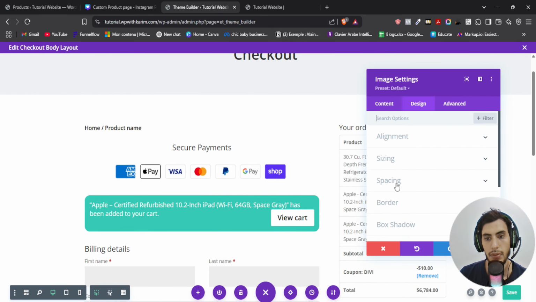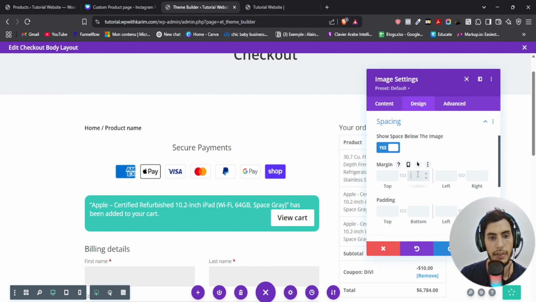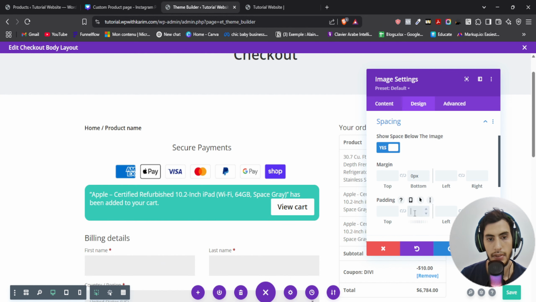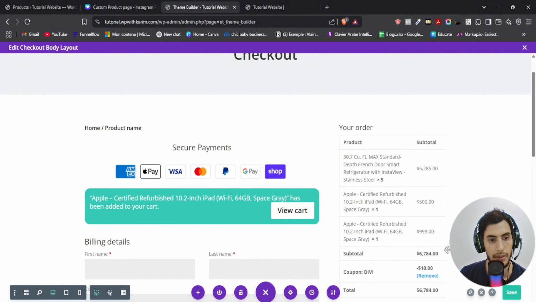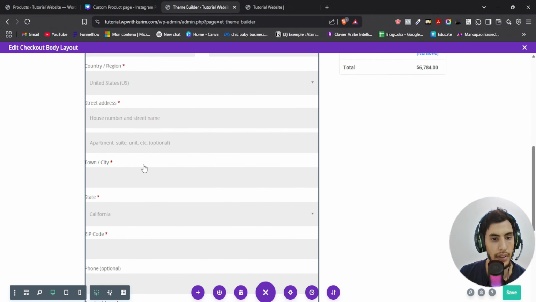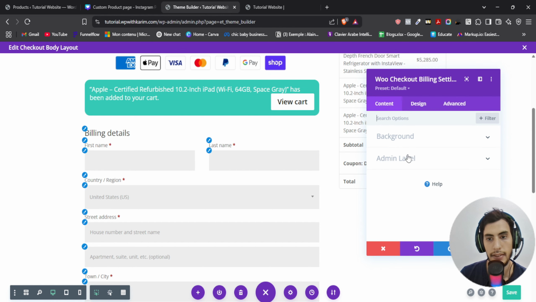Okay, I'm gonna go to spacing. I just want to have no margin, but just 10 of padding at the bottom. Okay, good. For the billing details, we can change